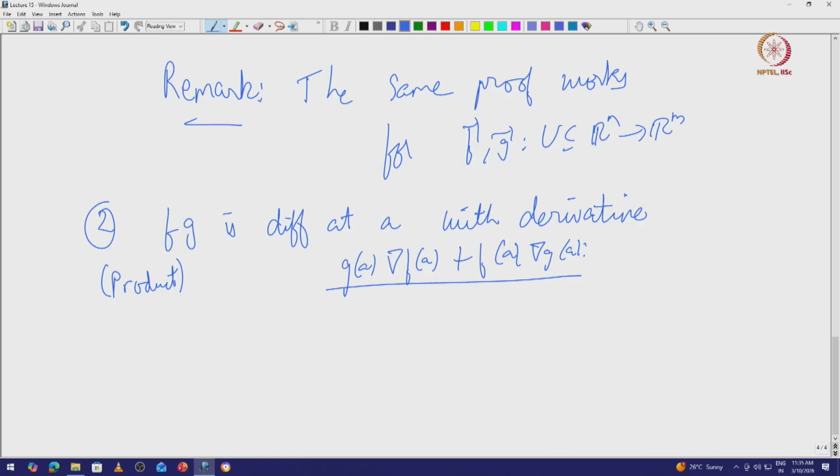Later on, we will see that it is actually helpful to look at a vector valued function as a vector valued function and to look at its derivative as a genuine matrix, because we'll be multiplying matrices. Okay, but for now, we'll just state the product rule as it is. Okay. So how does one prove this? Again, the same proof as in one variable calculus, but